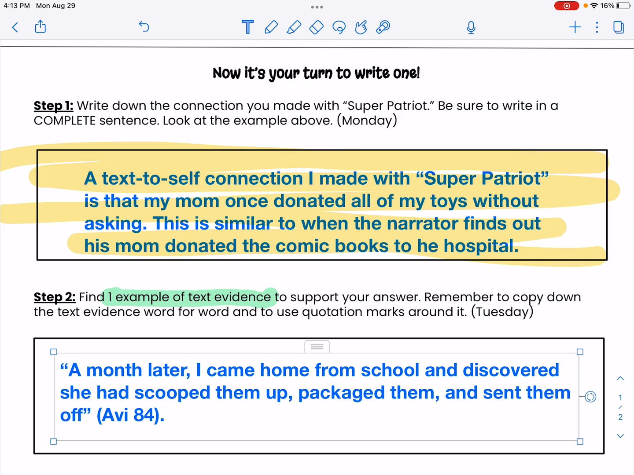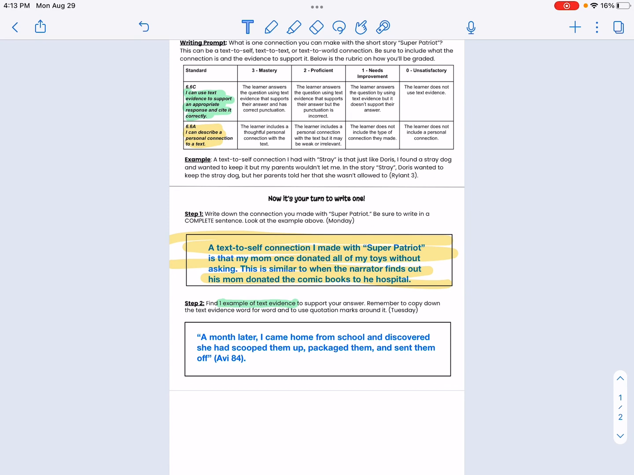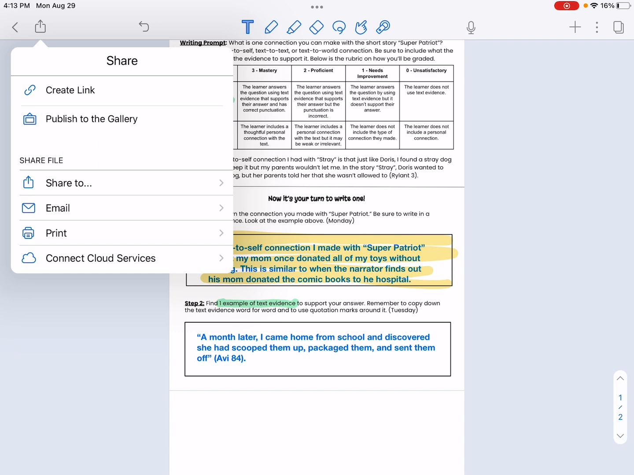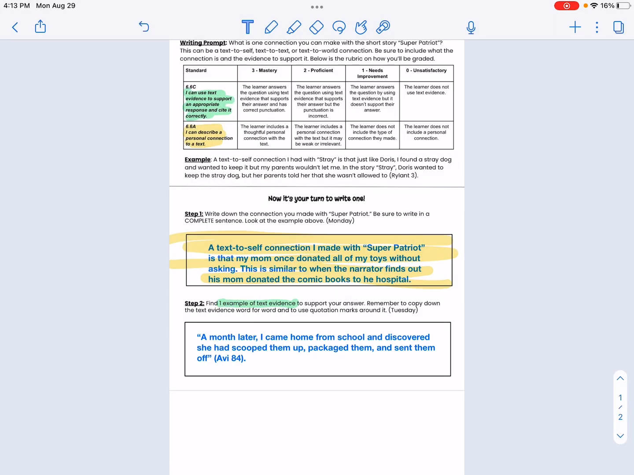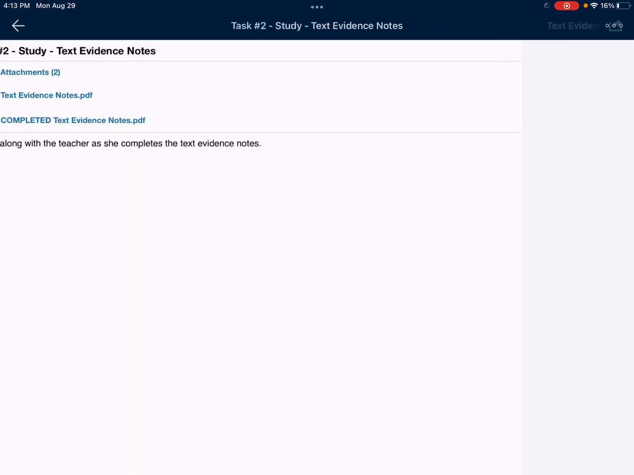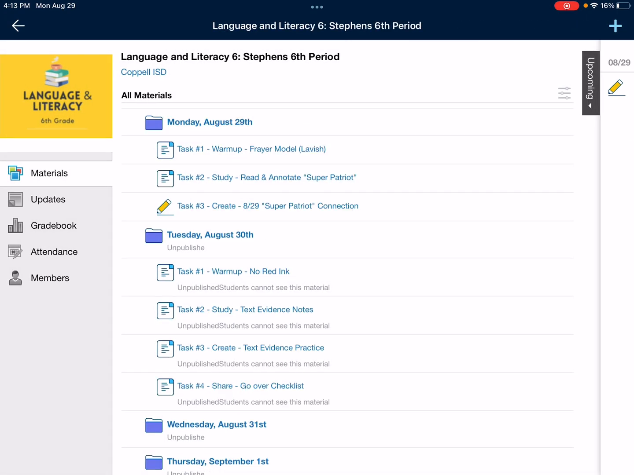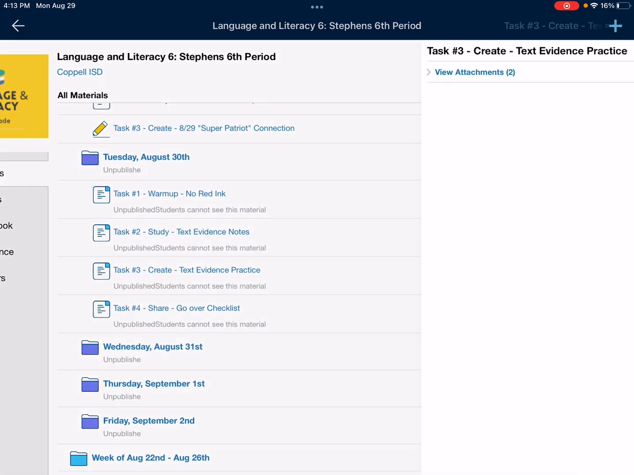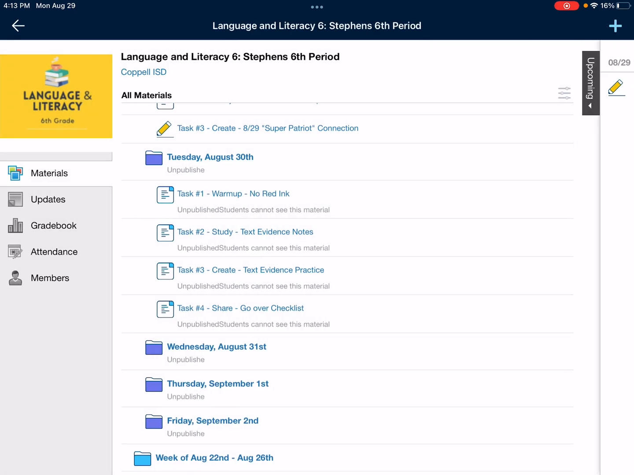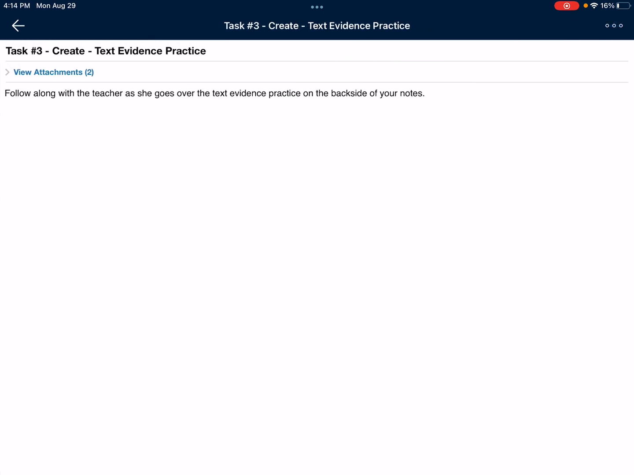When you are done with step 2, so now your whole worksheet is done, you'll turn this in to Schoology. So you'll share a note, and you'll submit this into task 3, text evidence practice. Okay, I'm realizing now that we are not turning this in. There's not a submission. So